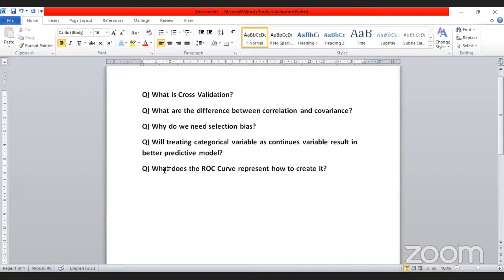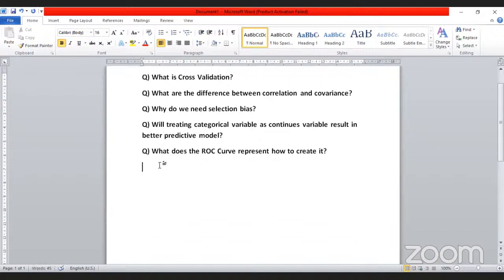Whenever we are plotting the ROC curve, on the y-axis we have the true positive rate, which means sensitivity, and on the x-axis we have 1 minus specificity, that means the false positive rate. The true positive rate represents the proportion of observations correctly predicted as positive out of all positive